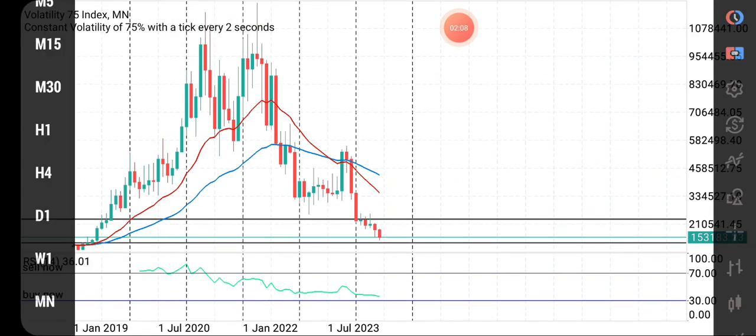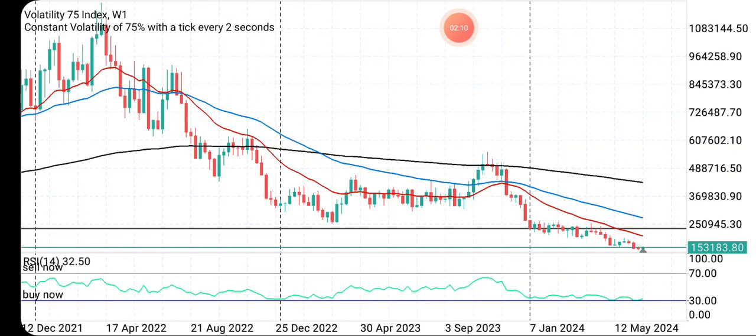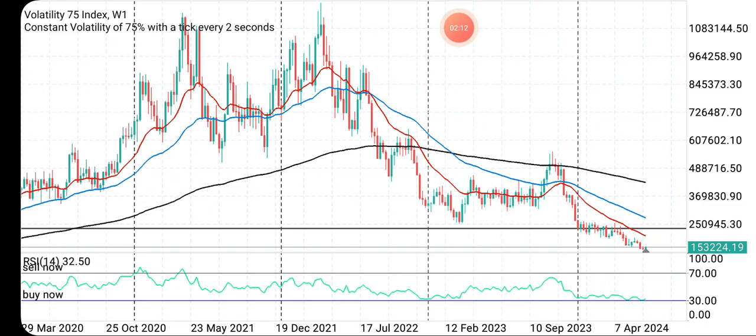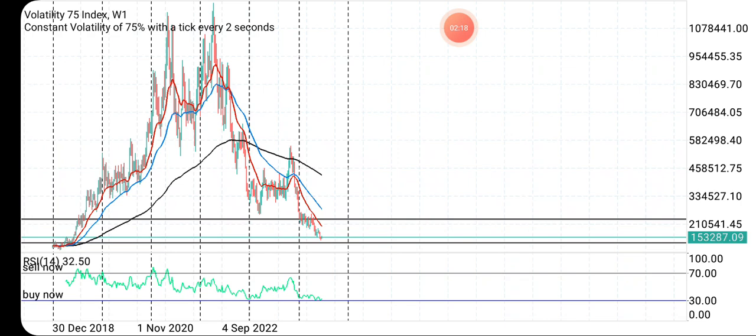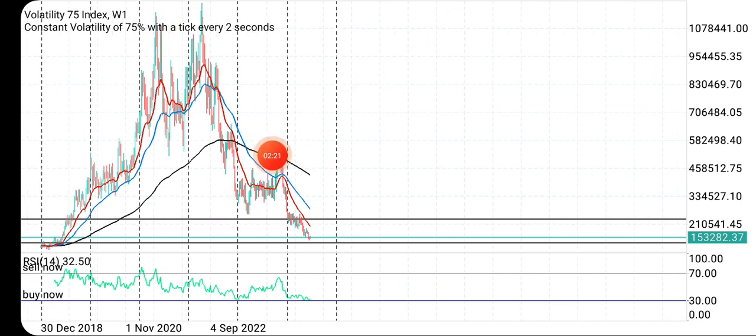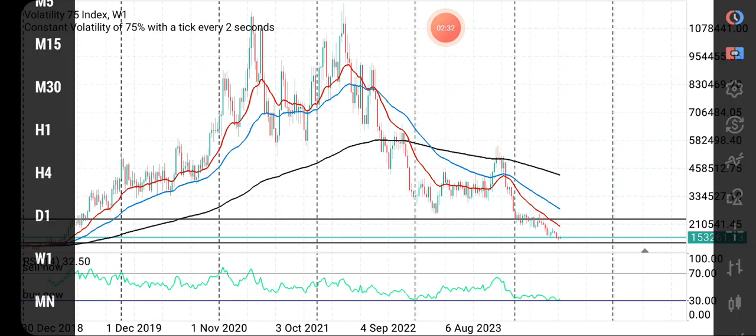So here we go. We'll head down to weekly time frame. This is weekly time frame. As you can see, this is where I'm talking about. You see that place I'm talking about? You see it? It also needs to be here also. You see it. So if peradventure you traded